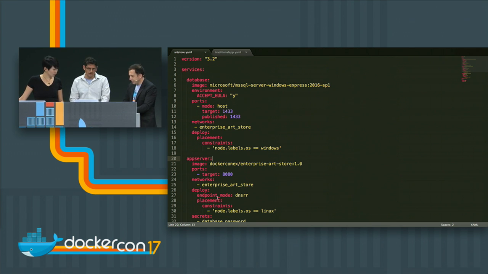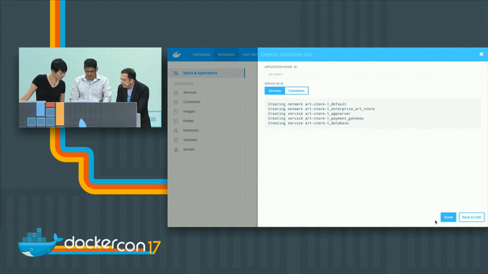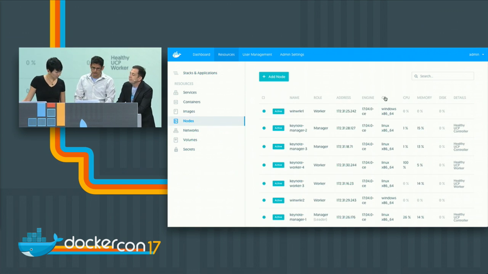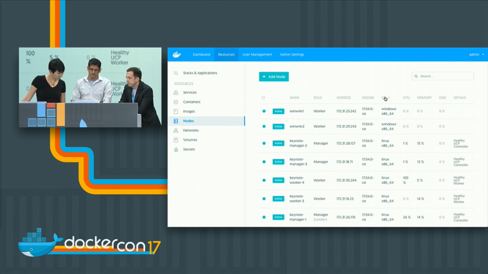So let's take a look and see how that works. Okay, so we're done creating this. Let's go ahead and go to the Nodes tab within the cluster. I'm going to sort this by OS type. You can see here that we have 4 workers, 2 that are running Windows, and then 2 workers that are